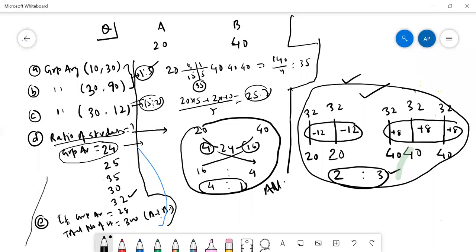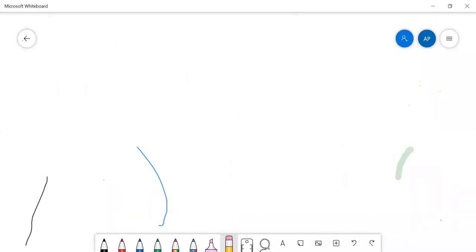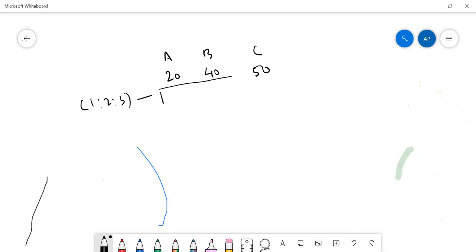I'm deleting the board. जैसे अगर हम बोले कि देर आर 3 ग्रुप्स ए बी सी, और ए का एवरेज 20 है, बी का 40 है और सी का 50 है। एंड इफ देर इज अ रेशियो 1:2:3, सो इस रेशियो में जब भी स्टूडेंट्स होंगे उनका फाइनल एवरेज वही आएगा जो एक बार इस रेशियो का आएगा। तो जैसे मान लो कि अगर हम अभी कैलकुलेट करना चाहें तो 20 प्लस बी में 2 स्टूडेंट्स हैं तो 80, सी में 3 स्टूडेंट्स हैं तो 150, डिवाइडेड बाई टोटल नंबर ऑफ स्टूडेंट्स जो 6 होंगे, विच इज